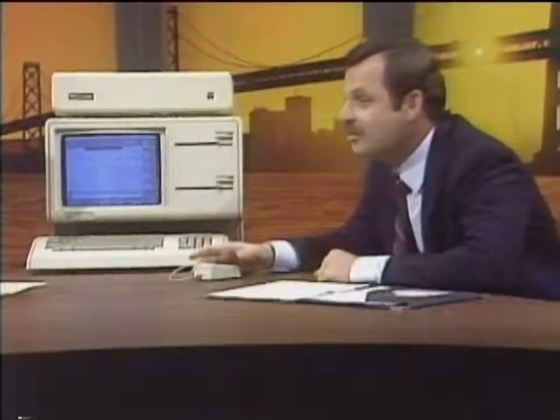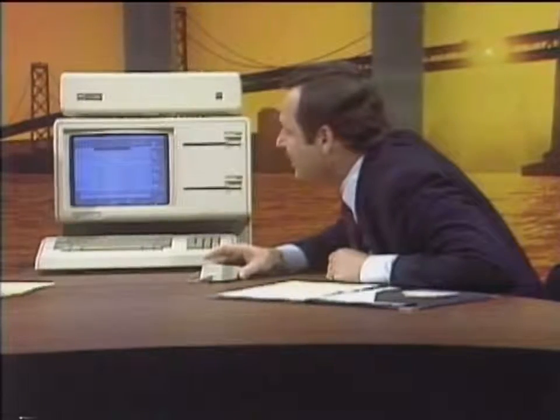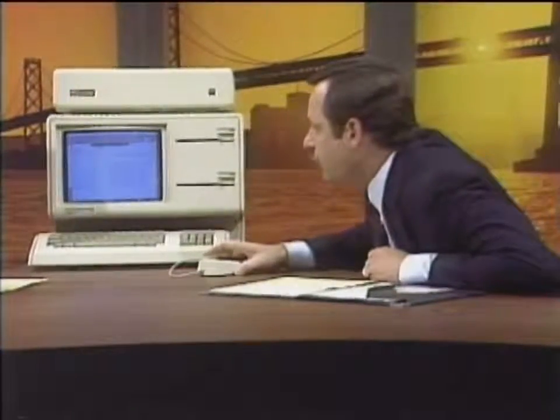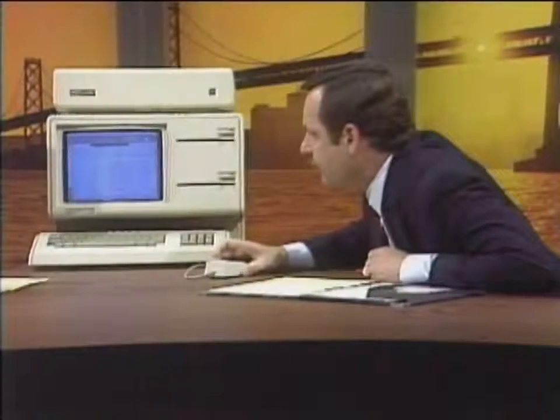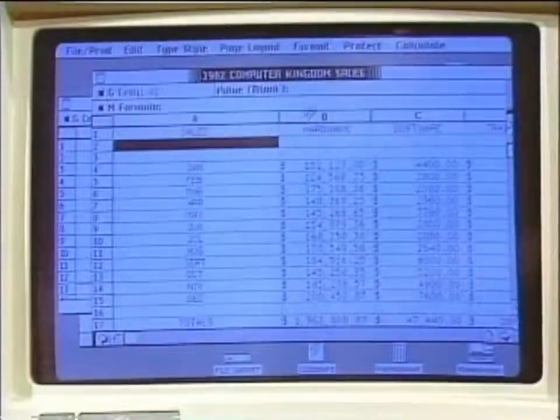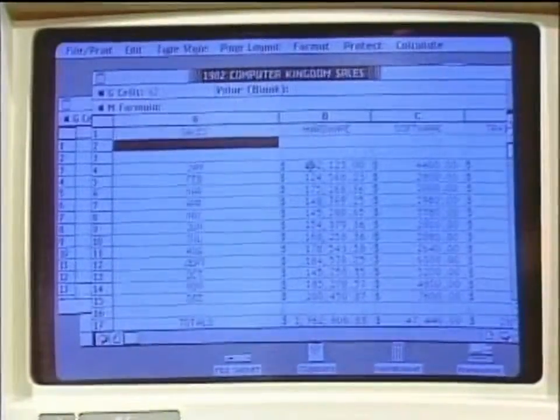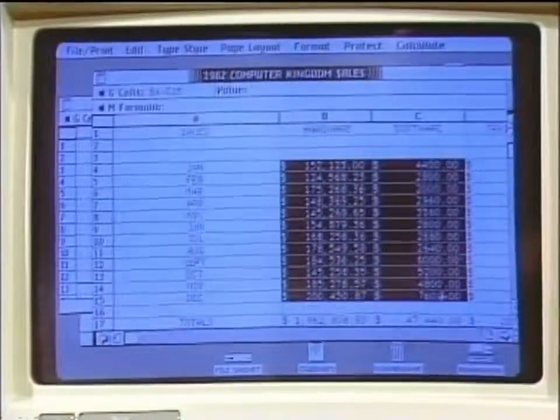This particular application that I happen to bring with me, I own a computer store called Computer Kingdom. It happens to be the sales for 1982, and I can enlarge this a little bit, and you can see that I have the month, the hardware sales, software sales, and some training sales. And the object was simply to point to the data. Our goal was to point to things, and so I simply point to the data, like the sales from January through December for both hardware and software. I go up to the verbs. We consider this to be the noun and the pull-down menus to be verbs, and I will make a copy